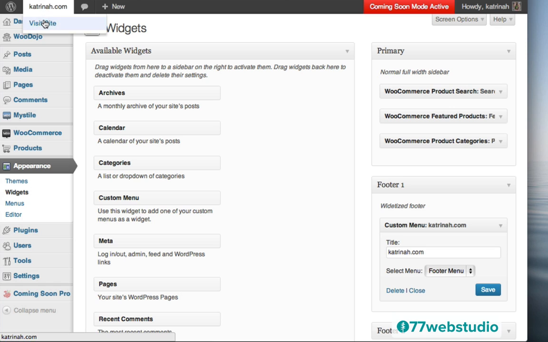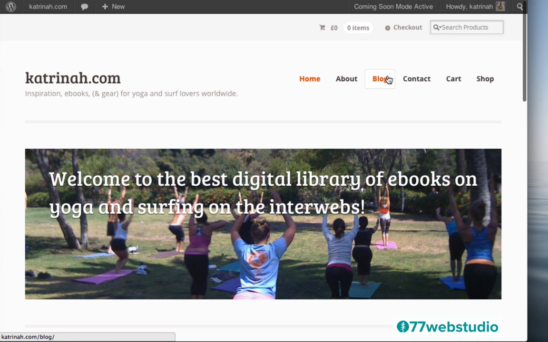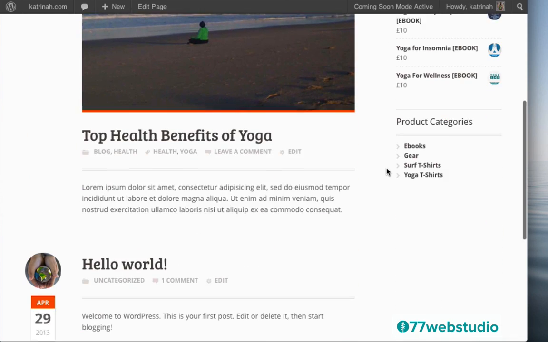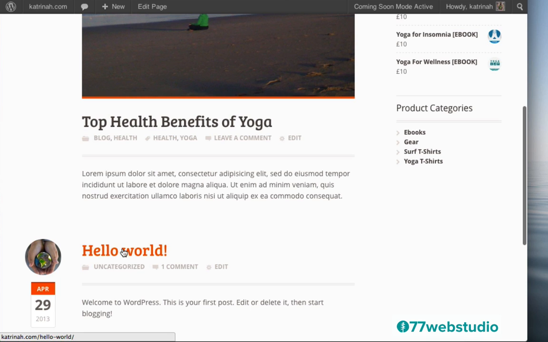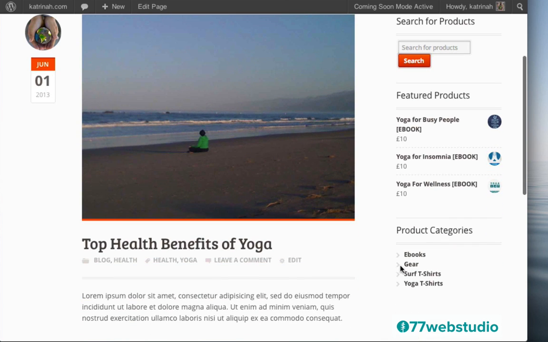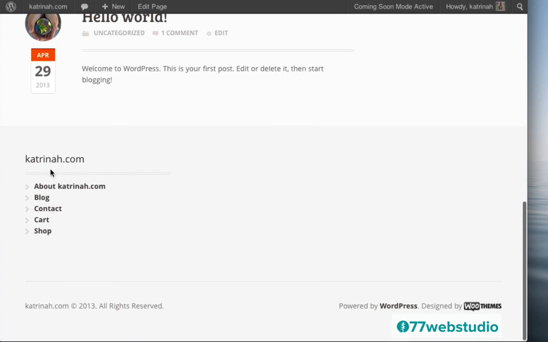I'm going to go to the top and click on visit site, and then I'm going to click on blog. And here we see now we have my blog index page right here with my different blog posts. We have this one as the default. We'll have to delete this later, but I'll leave it there for now. And then here on the right hand side, you see we have the sidebar content info showing up. And now at the bottom we also have our first footer section right here, and we have 2 more to go.